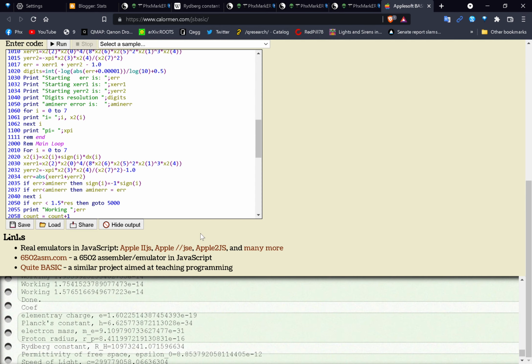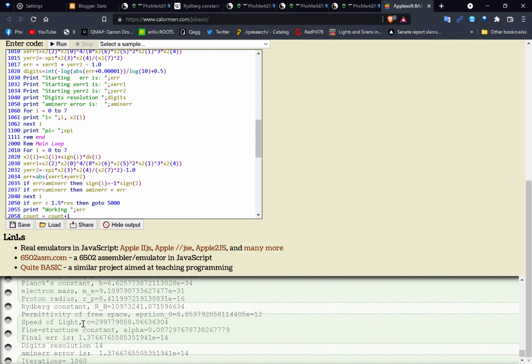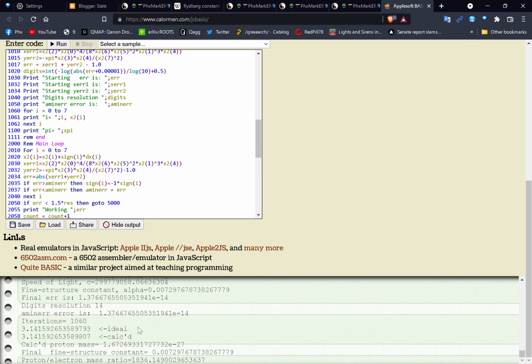So we're at 50 minutes and 20 seconds. You can see it just prints out the elementary charge. I had to fix that spelling error. Planck's constant, electron mass, proton radius, Rydberg constant, permittivity of free space, speed of light, fine structure constant. There's the final error, about 14 digits of resolution. Some other things, only 1,060 iterations. And one of the other things I'm doing is,